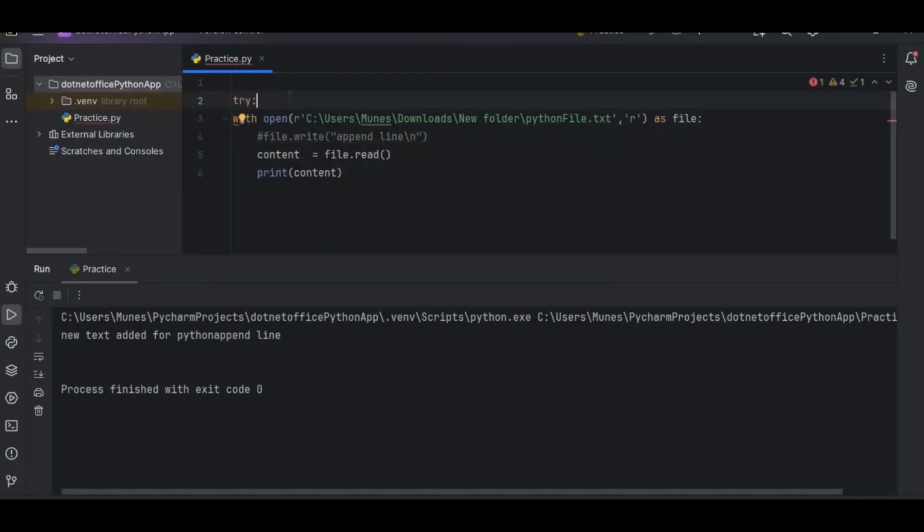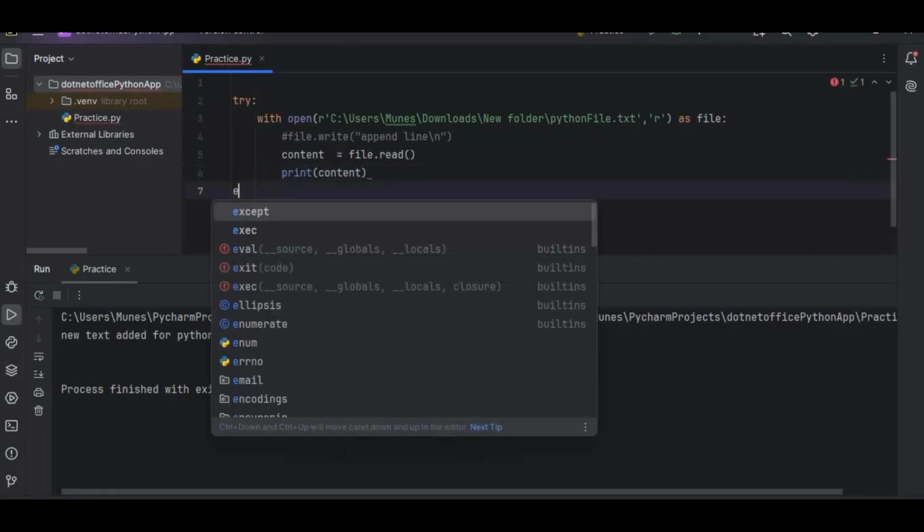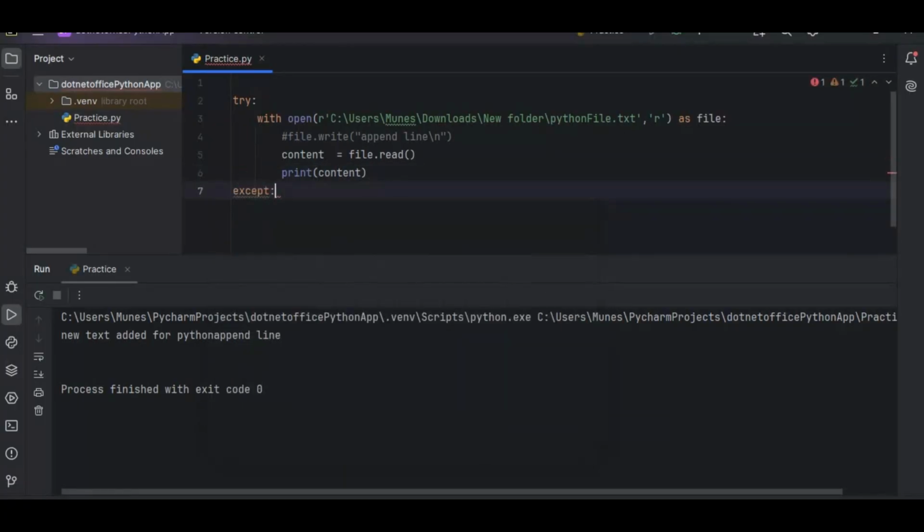So we know, I have put here try, and now we have to do one more tab here and put the tab to manage it, and here also a tab. So this we have to do. Now for handling the catch, we have to use the except, and we know sometimes